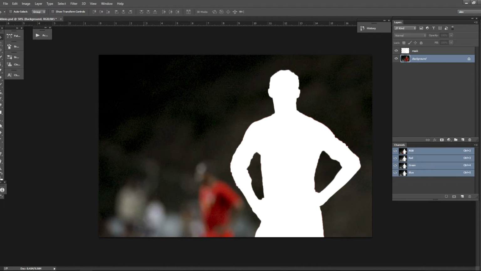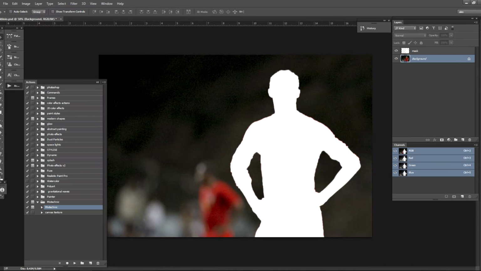The next thing you need to do before you run the Photoshop action, you need to load the mix technique patterns. Just double click the file you received with the download, the pattern file, and now you are ready to run the mix technique Photoshop action. Just click play and let the action do what it needs to do.